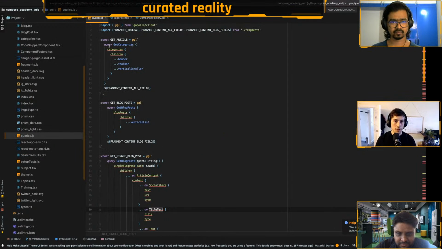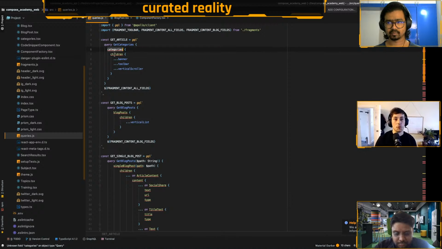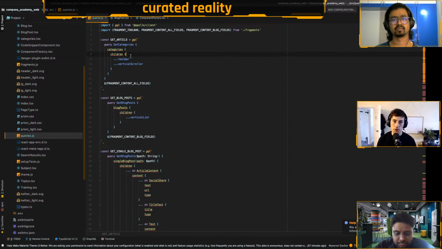So in GraphQL, essentially, Adnan mentioned before how you can query what you want. If you're querying on mobile or on web, you can have control over what you're querying for. That's one of the really nice things about GraphQL, because we can query our categories and children, but if I'm on mobile, I might want to show this banner, so I don't need to query that banner, and the API won't return it.